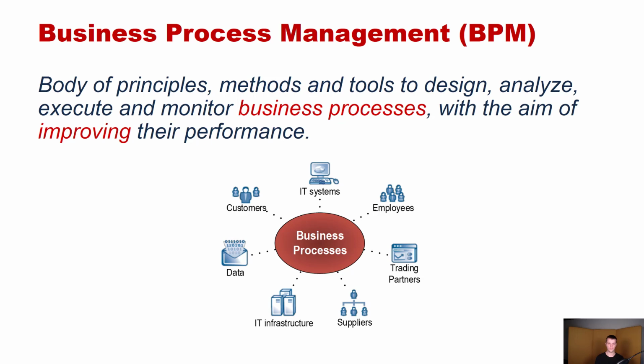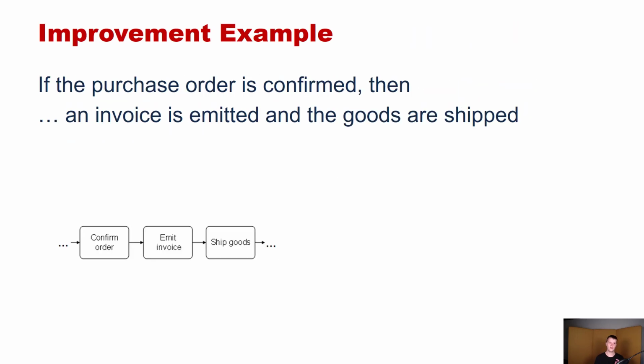However, before we go there, I want to give an improvement example. So one way, without applying any automated data analysis, without applying data algorithmics or anything like that, you can do process improvement manually. You could go to a company, interview people in that company, and figure out how they are doing their work. You can observe what they are doing, when, in what order, and so forth.